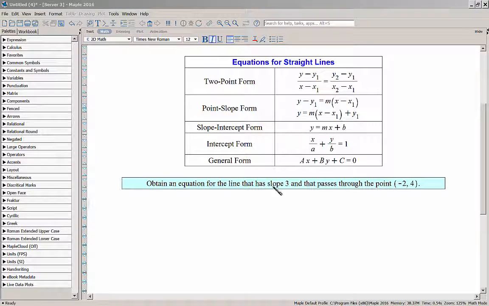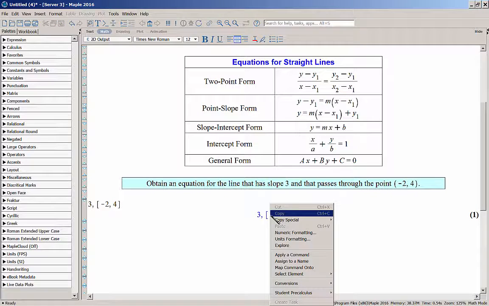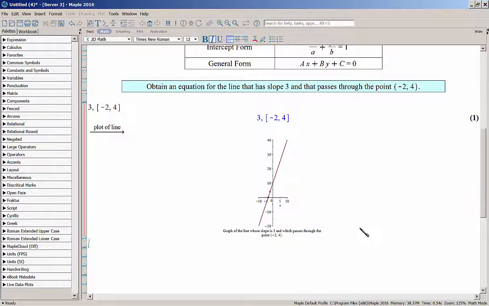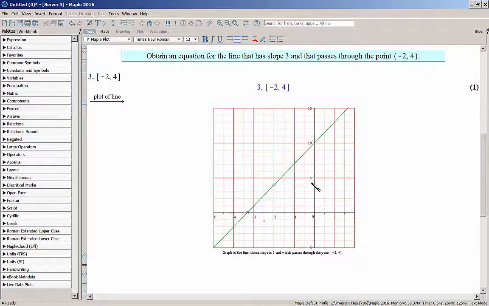Here's a second example. We now have a line specified by a slope and a point. So we'll make use of the point slope form. We enter the slope and the point. Hit the enter key. If we click on this, our graph is immediately available. And using the same techniques that we used earlier, we can modify this graph to look like this. The fixed point,